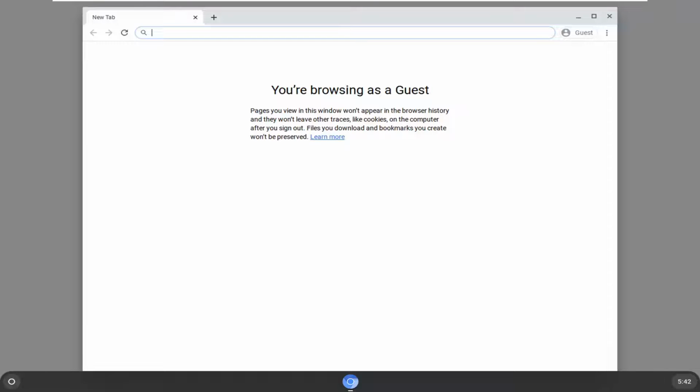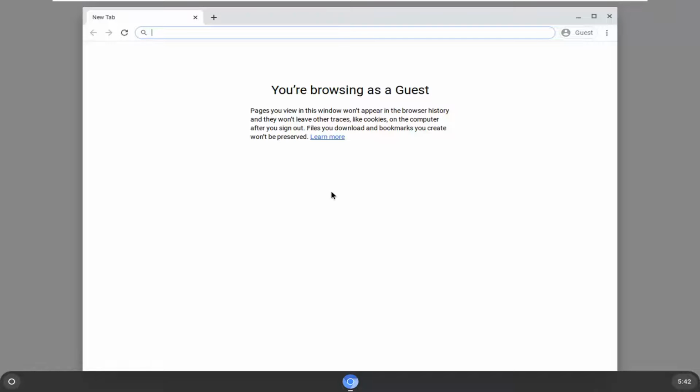So pretty simple. I mean, if you're just returning on your computer, you would have the option just to select that without having signed in. However, we were already signed in, so I signed this out, but you guys get the gist of what we just did. But anyway, right from the lock screen when we were signing in, you have the option to browse